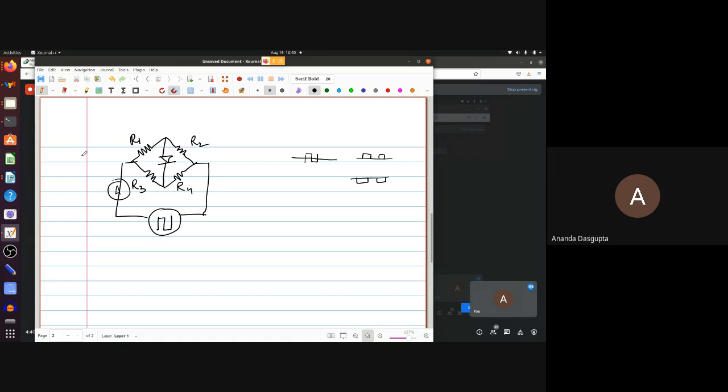So Shivam has a different answer. What Shivam is saying is something like this: a square wave, but with a smaller value on the negative side. The other two answers are only positive or only negative, and one version is either this or that, depending on the resistance ratios.